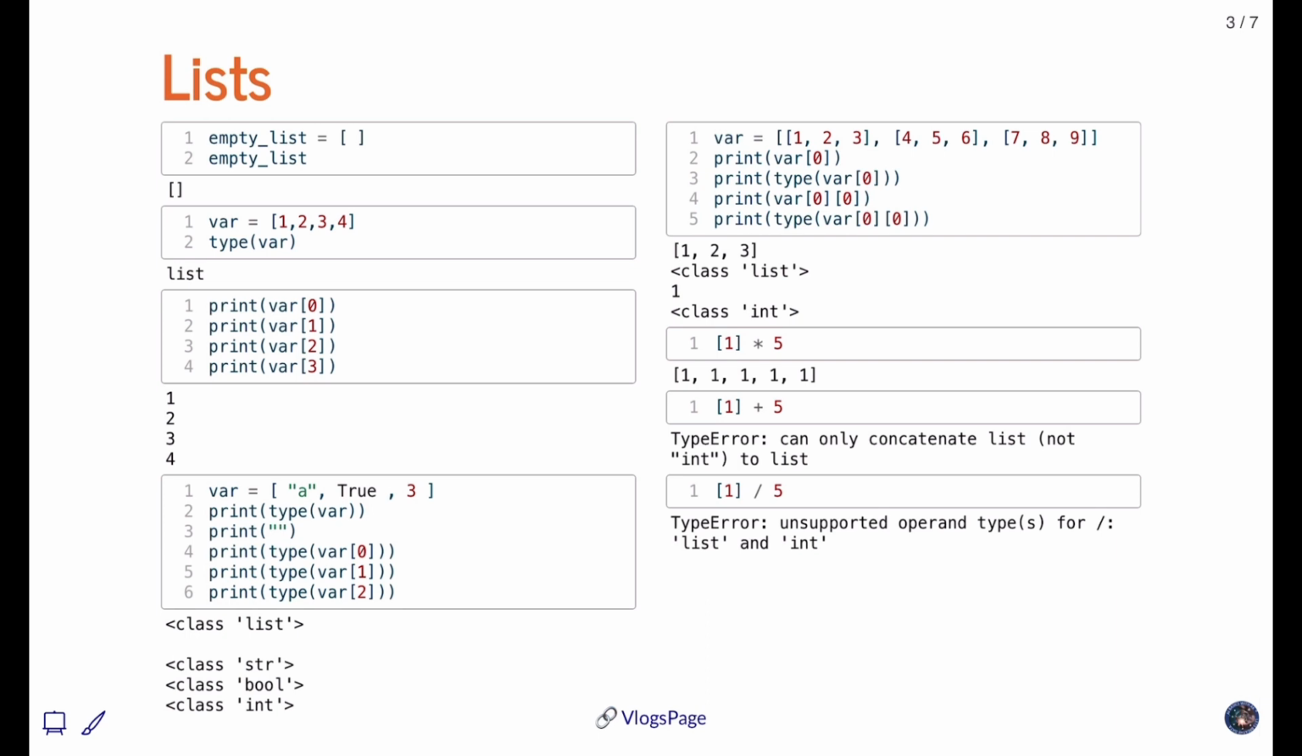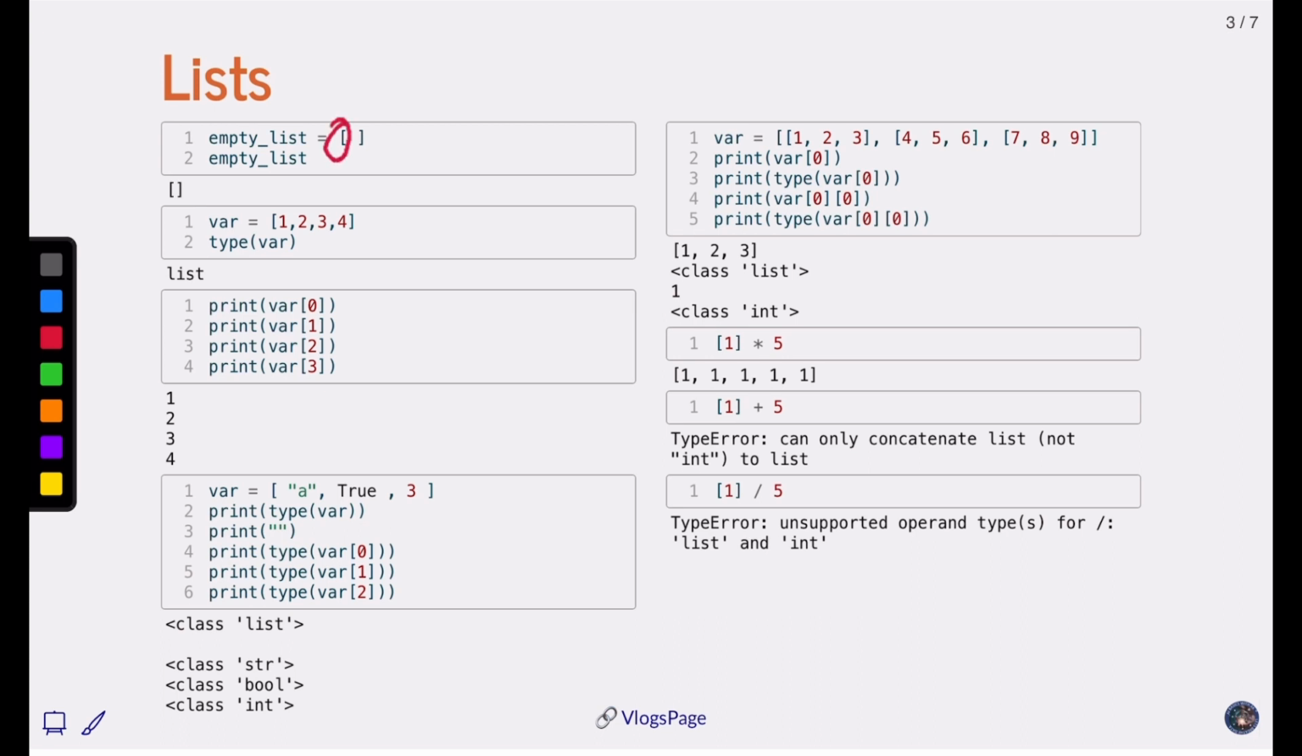Now, how do you define a list? We define it with square brackets. If you can see it here, we can describe it with square brackets. Here, inside the square brackets, there are no elements. That's why it is an empty list. Now, in the second part of the code, we have 4 integers inside those square brackets, and